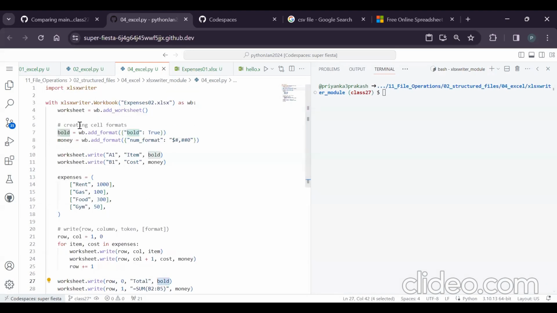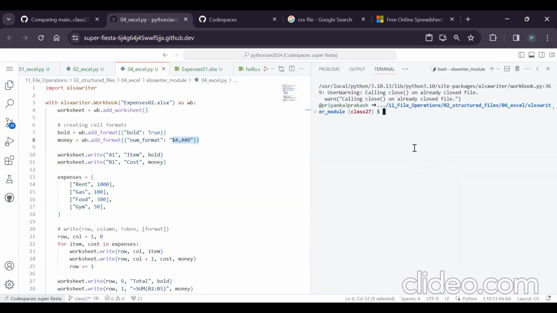Did you see that I created the cell formats? Format means how the output should be. So bold means it should be bold equal to true, I wrote. For money, I wrote a format. So money should be in a particular format, right? I have written that. If you see now, clear and Python 04, it is saying that you are already working